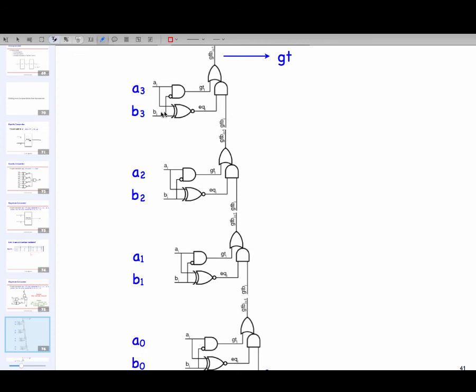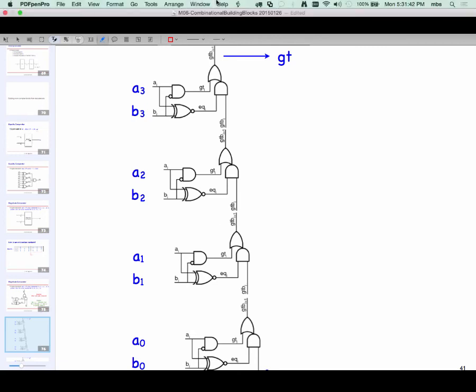So the least delay is indeed from A3, B3 to GT, and the longest delay is from this guy to GT. The reason you still have to wait for the worst case is because hardware cannot tell you I'm done. So you have to be prepared for the worst case.